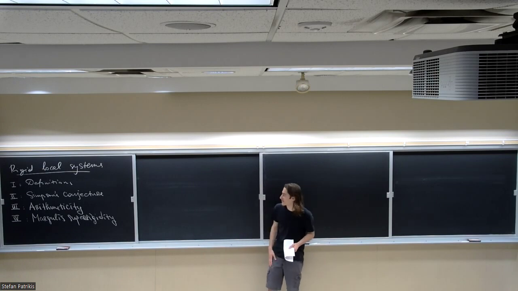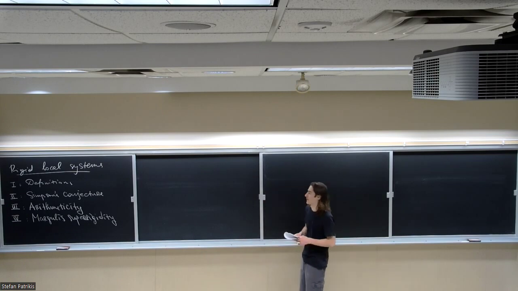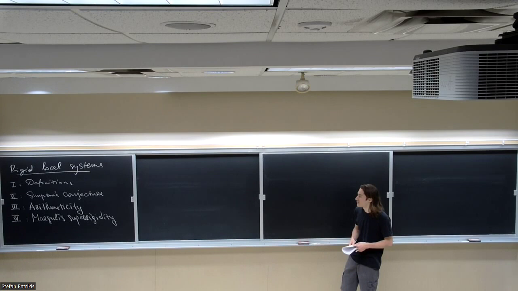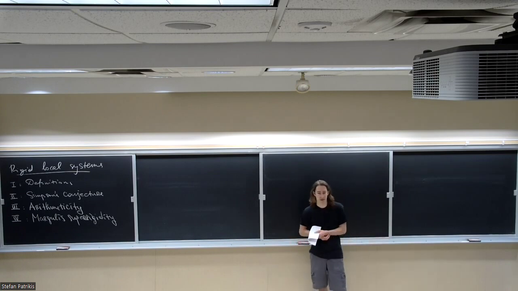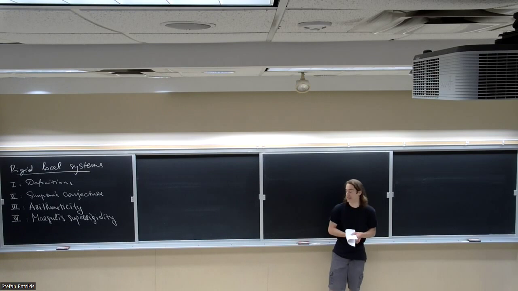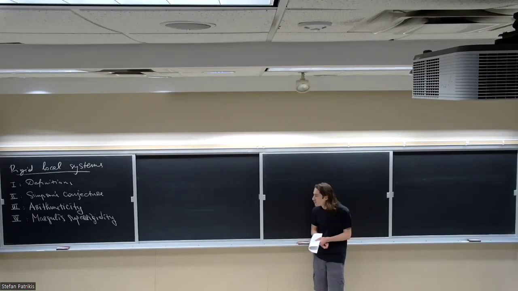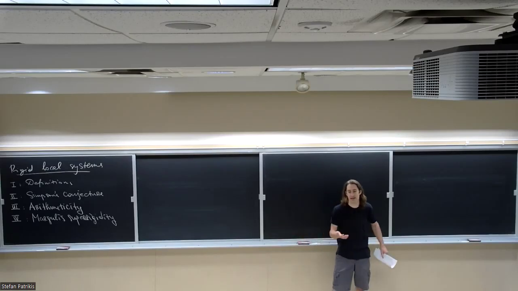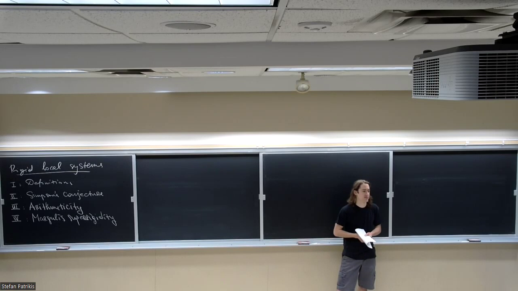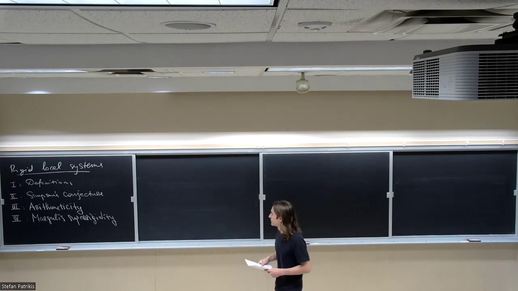Yeah, so I'm going to say a bit more about rigid local systems. We already started to see some things about these, but I'll go into more detail. And hopefully by the end of the talk, I'll convince all of you that these are really interesting from a geometric viewpoint, and also they provide a really good example of local systems which sit at the intersection of all of the complex geometric stuff that we've been seeing, and also the arithmetic side as well. So let me get started